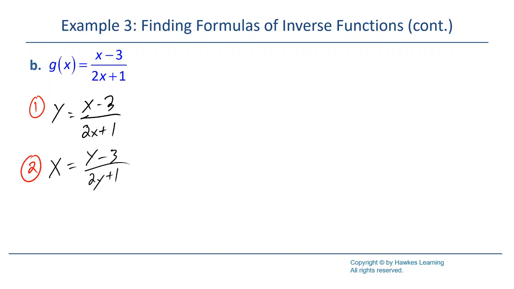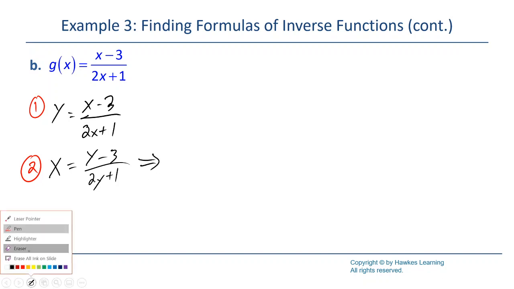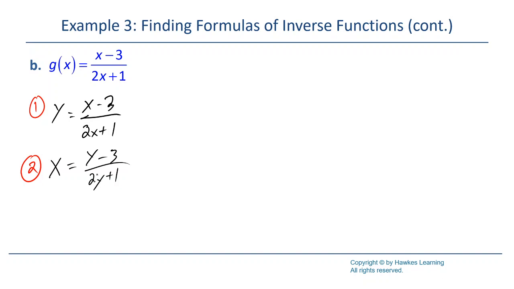So now it's not just getting the single y by itself, it's trying to find how to put these two y's on the same side, but also making them where they can be factored out, so I can end up with y equals something. So I don't have room to write it on the left and the right, but what I'm going to do is multiply both sides by 2y plus 1. And if I do that, I'll get x times 2y plus 1. And if I multiply 2y plus 1 to this function, then what I'm going to have is